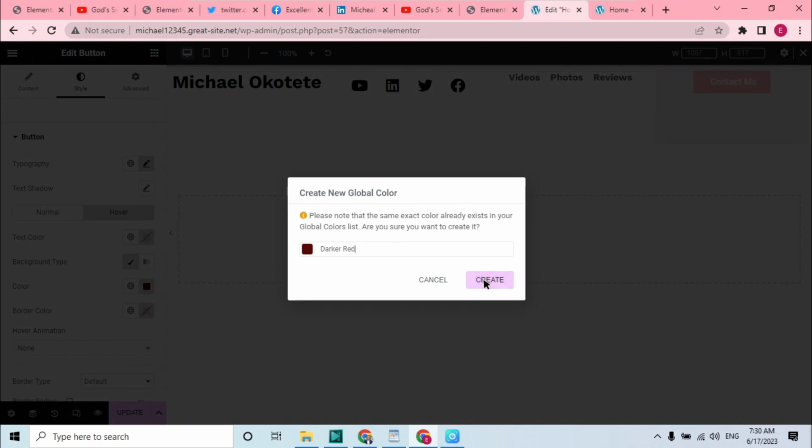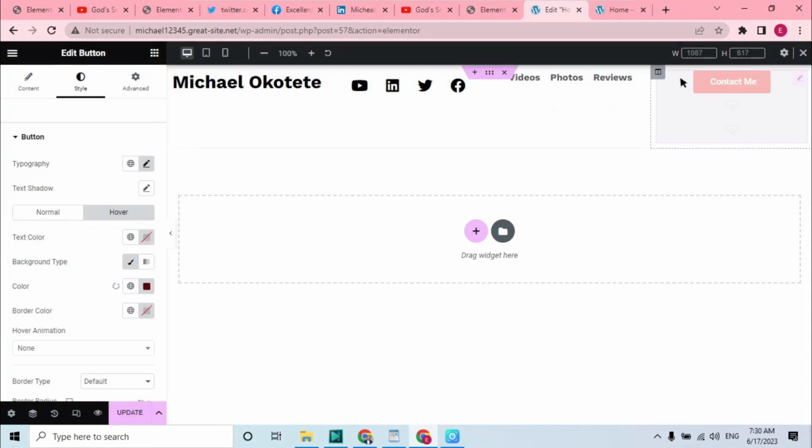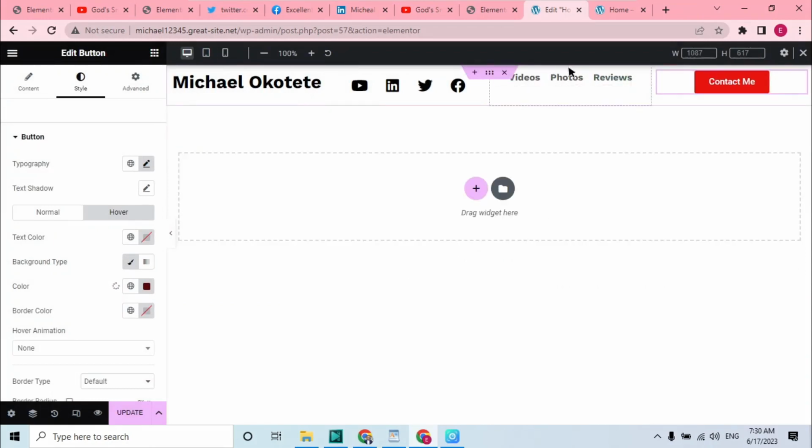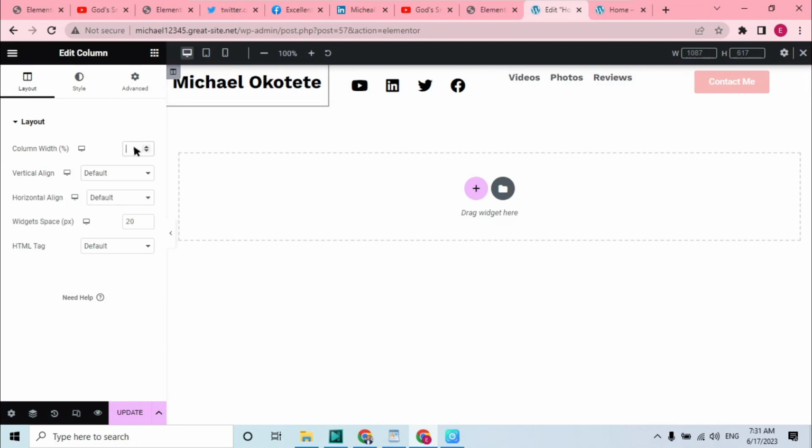Darker red, let's call it darker red. Create. Okay, darker red. So let's create it. Okay, now, wow, beautiful. So, if you see, our sections are not that aligned, so we're going to make sure they are well aligned. To do that, let's come over and add